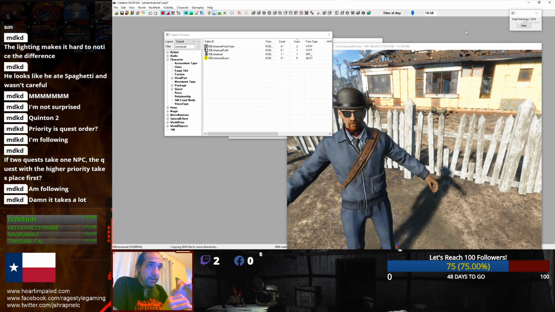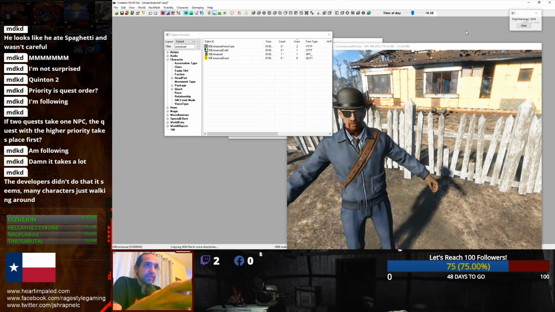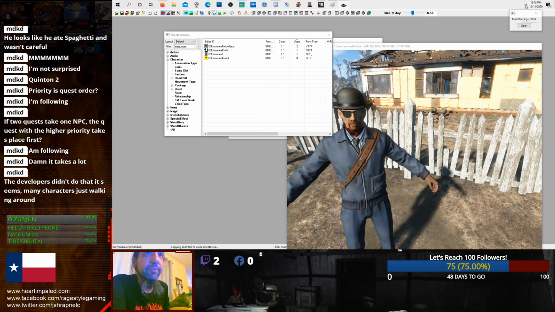Here we go. Emanuel, we got our little NPC that we created right here. So the developers didn't do that. It seems characters just walk around. Yeah, I guess some other people started finding that out. I noticed that too sometimes. Sometimes they do pause, but I don't know. It's just a thing to make sure that they don't walk around while you're still trying to talk to them. It's stupid. It's annoying. Okay. So let's get to it, and